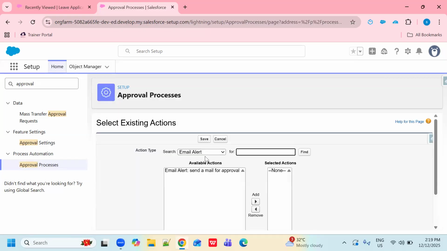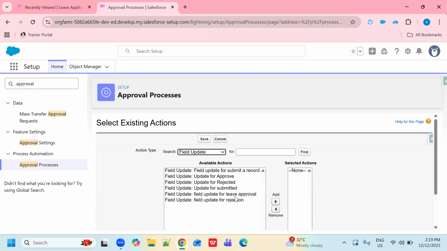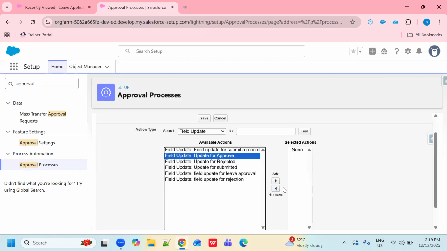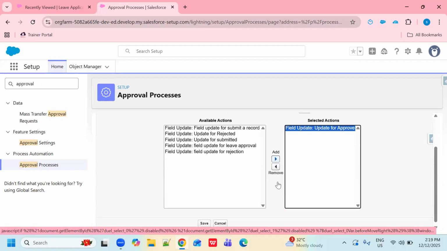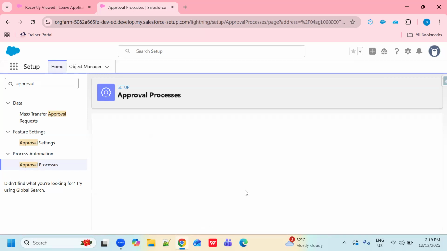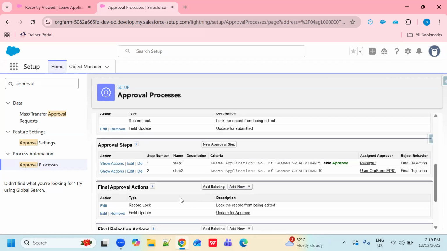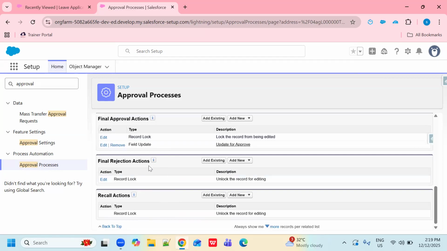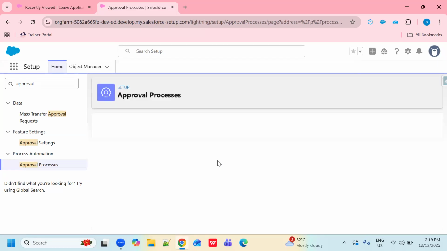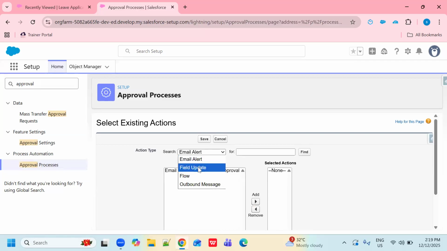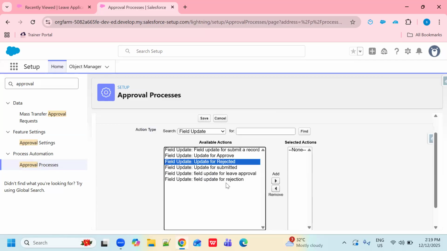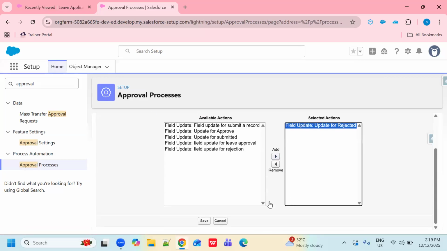So I am using the same field update, that's why I am using this existing one, right? You can create a new one as per your wish. Now in the final rejection I am again choosing the field update, like rejected, right?